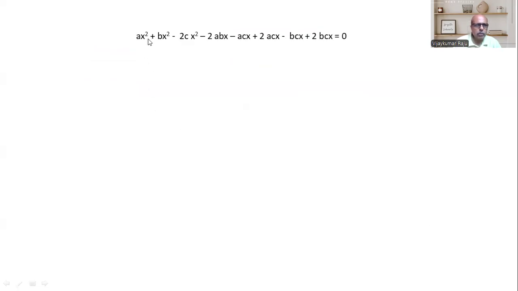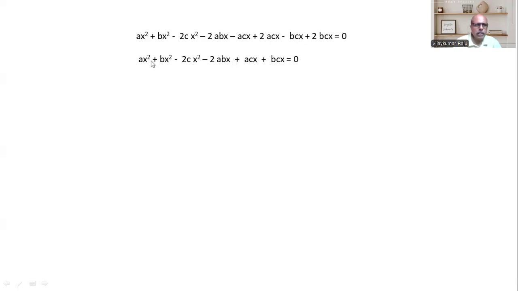This is left out: ax square plus bx square minus 2cx square minus 2abx minus acx plus 2acx minus bcx plus 2bcx is equal to 0. I brought all the terms to the left side. Now you see here, 2acx minus 1acx, 2 minus 1 is 1, so it should be only 1acx. Similarly here also, 2bcx minus bcx is again only 1 bcx. So it will be ax square plus bx square minus 2cx square minus 2abx plus acx plus bcx is equal to